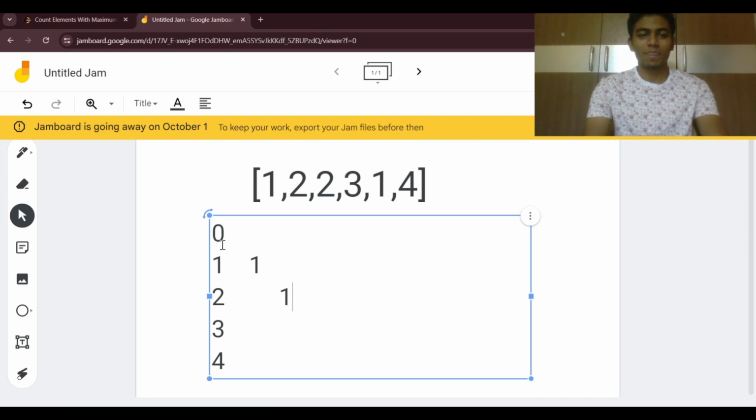Initially all the elements will be 0 in this frequency array, and whenever we come here to 2, we'll increment to 2, because the number of occurrences here is 2. Then we see 3, so we increment to 1, and then again 1, so here it becomes 2, and then for the 4